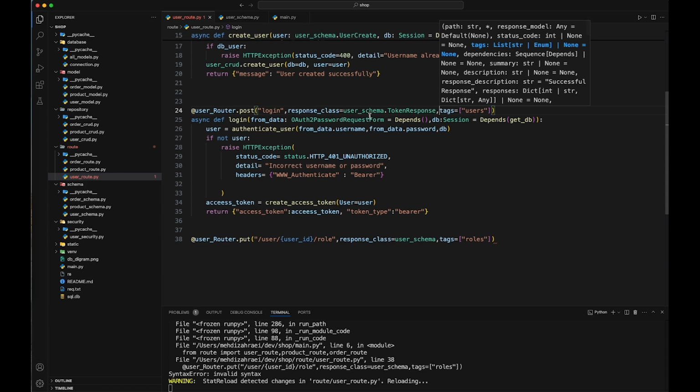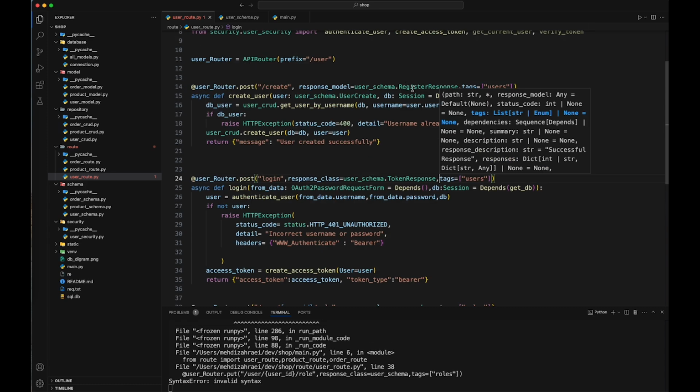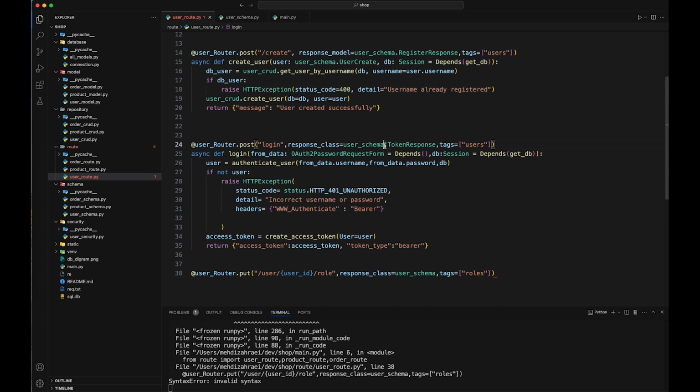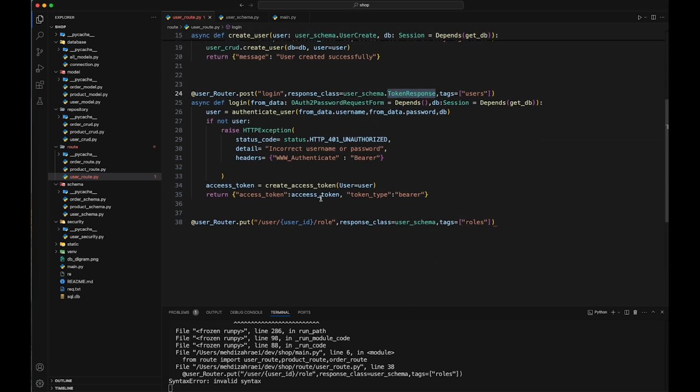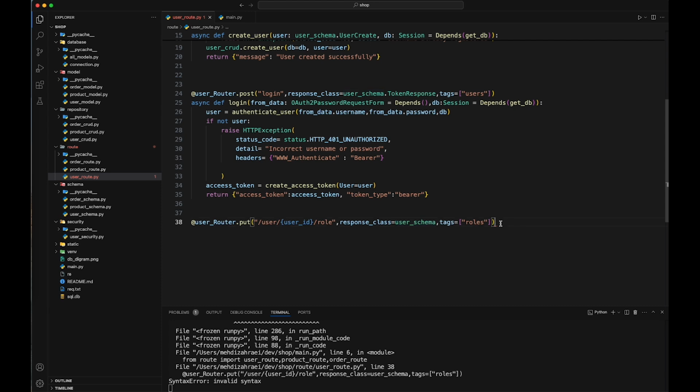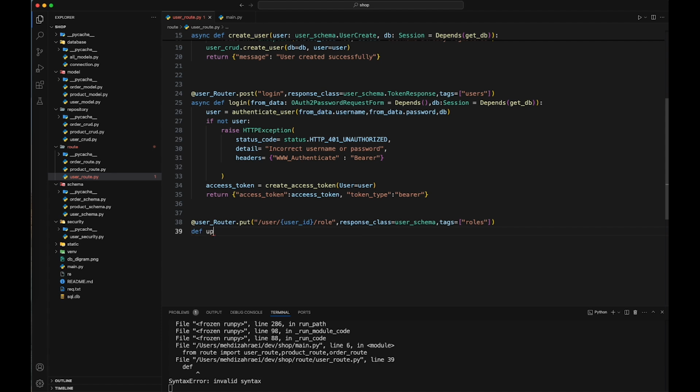And if you want to be sure what the response is, string, user created successfully, or user already registered, and response should be token, and you can use that actually. And here response is our user role, that should return a string, just the name of the new role. Okay, I name the method, for example, update. Okay, what we need, update role,